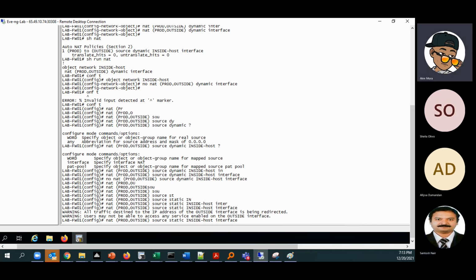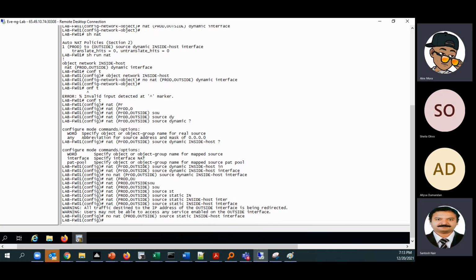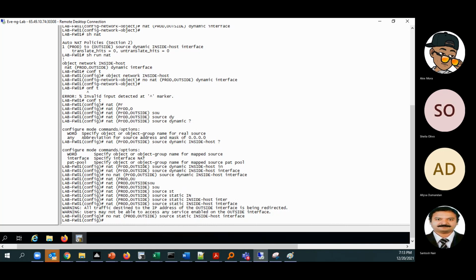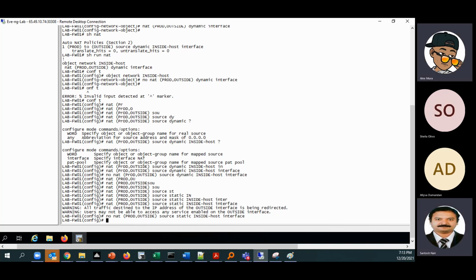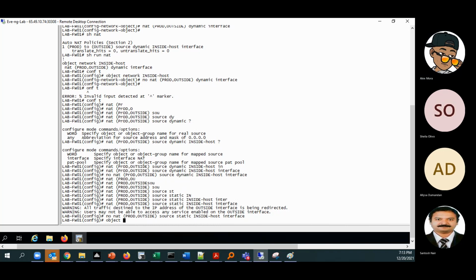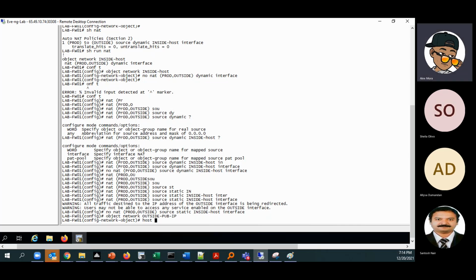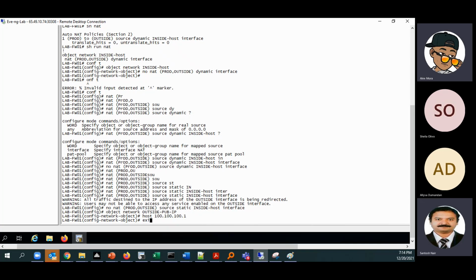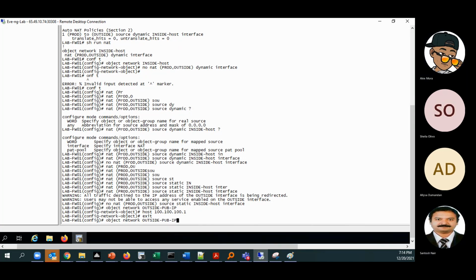What we'll do is this one itself, do it in multiple ways. What we can do is we can create for network. Rather than giving interface, we can give here as